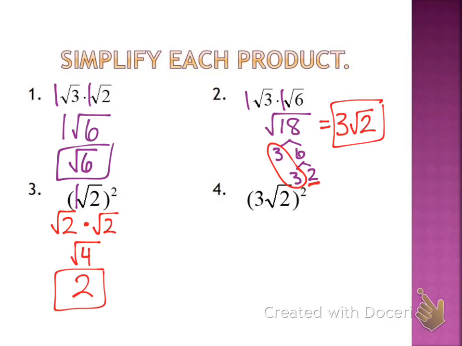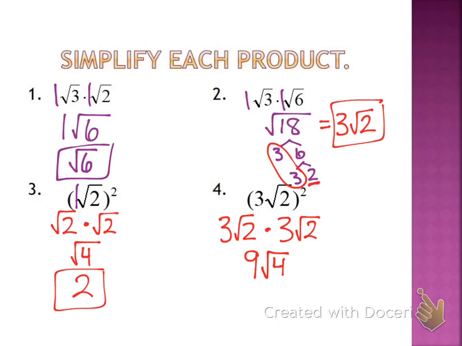Again, squaring something means you're multiplying it by itself. In this case, we're squaring the whole thing in parentheses. So that means we have 3 root 2 times 3 root 2. This is the first time we've had something other than 1 out in front of our radical. So those numbers get multiplied together. 3 times 3 gives us 9. The numbers under the radicals also get multiplied together. That gives us